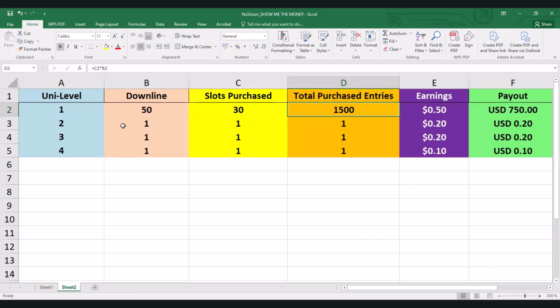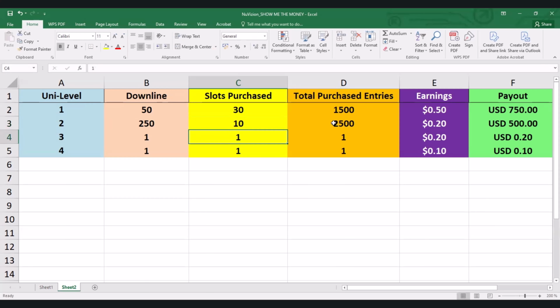Let's just say the 50 referrals he brought in each also plan to come in with 5 people. All right, so 50 multiplied by 5, that is 250 persons. So we're going to have 250 indirect referrals in his second level. Now, assuming these 250 people are also going to duplicate the exact count of purchase entries, which is 10 entries, so 250 multiplied by 10,